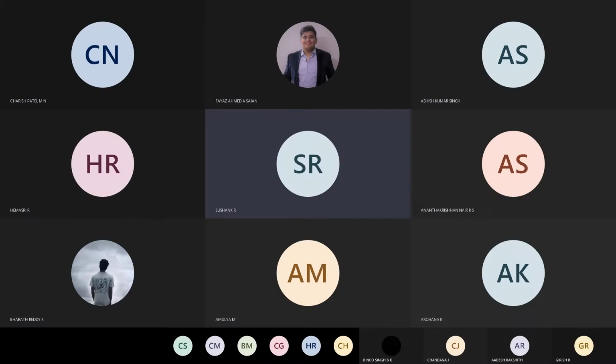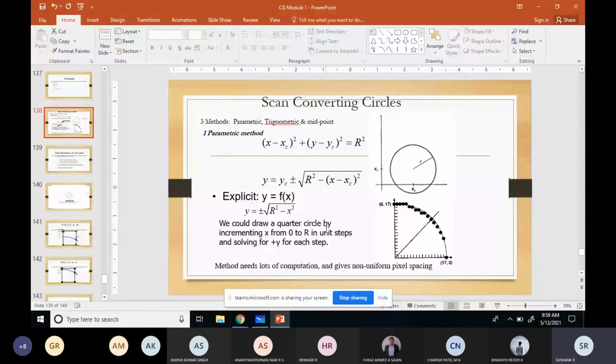Properties of the circle. Then after that we'll derive the equation. So first we'll understand how this circle generation algorithm will be derived. First thing is, you would have studied this in 12th mathematics, in coordinate systems. You would have studied equations for circle, equations for ellipse, equations for parabola. So the same thing.